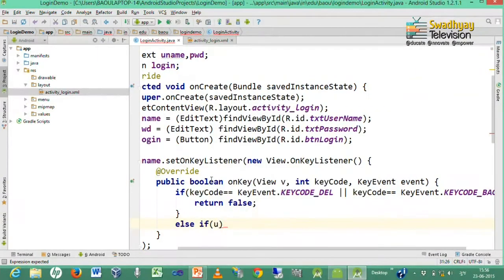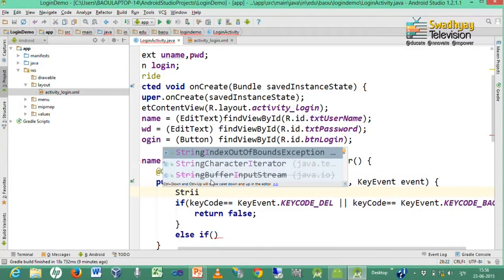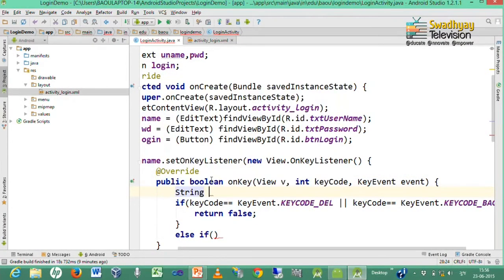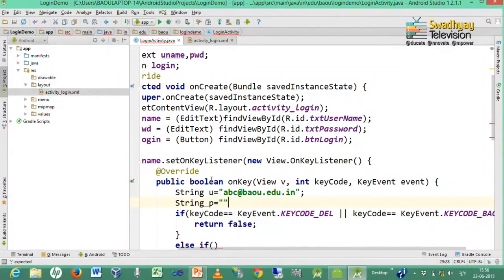Here I declare two variables of type string to compare our input data with predefined text. I declare u, which is the username, as abc@bao.edu.in and one string p is equal to abc@123.